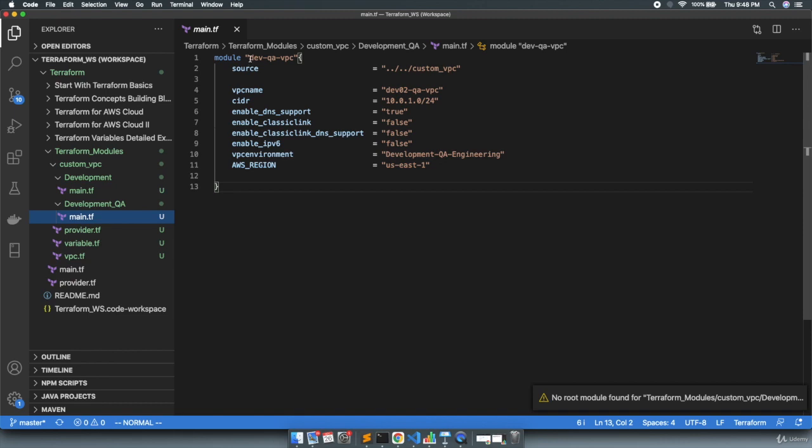Similarly, in the main.tf file of the development underscore QA, which I'm generating for the QA environment, the module name is different. This is dev hyphen QA hyphen VPC. The source is the same, double dot slash double dot custom VPC. Here I'm defining the environment-specific variables for the QA environment, like the VPC name, which will be